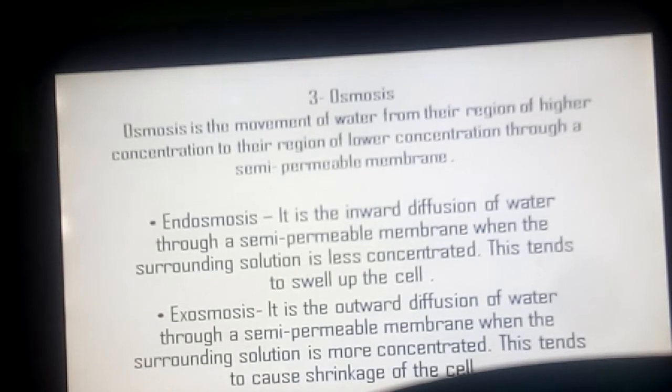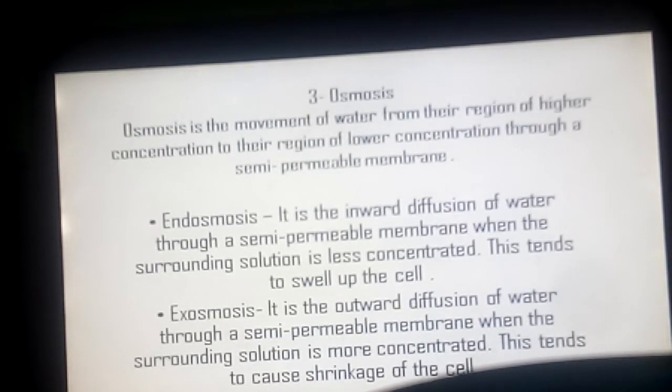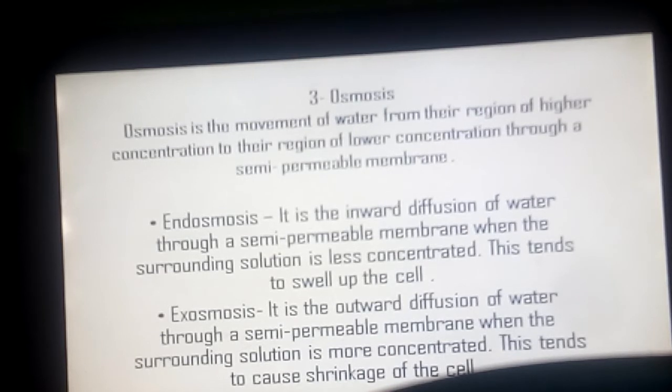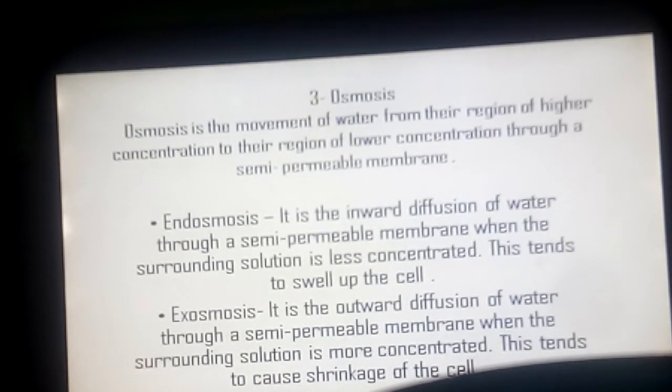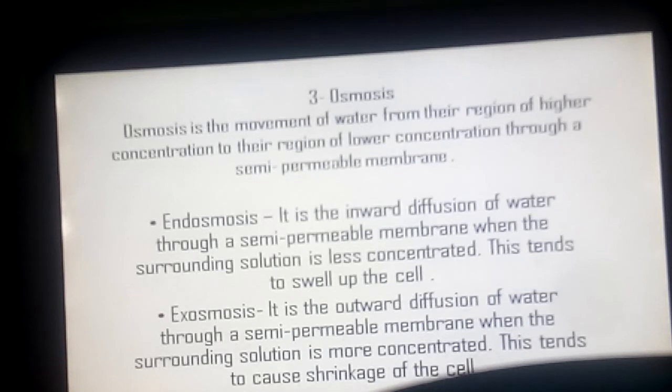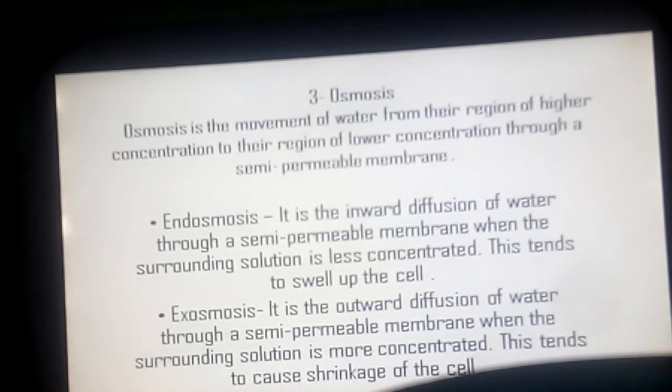So we'll observe that after a few hours the level of the sugar solution in the thistle funnel in the experimental setup will rise, and the level of the water in the thistle funnel in the control will remain unchanged. The level of water in the beaker in the experiment will drop slightly, while the one in the beaker in the control will remain unchanged. If the water in the beaker in the experimental setup is tasted, it is not found sweet.